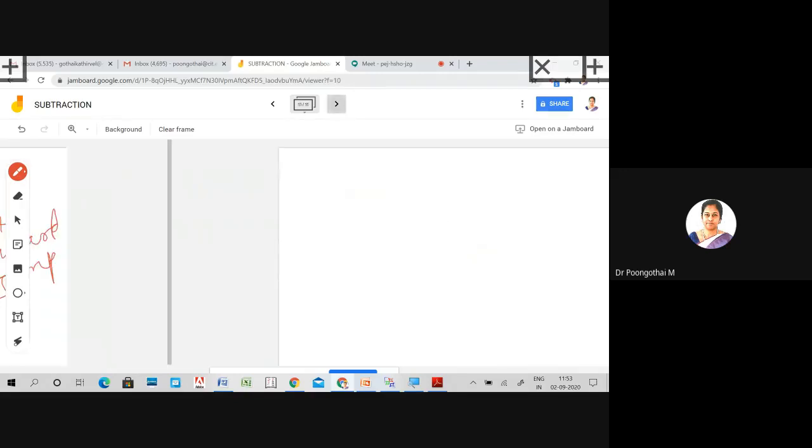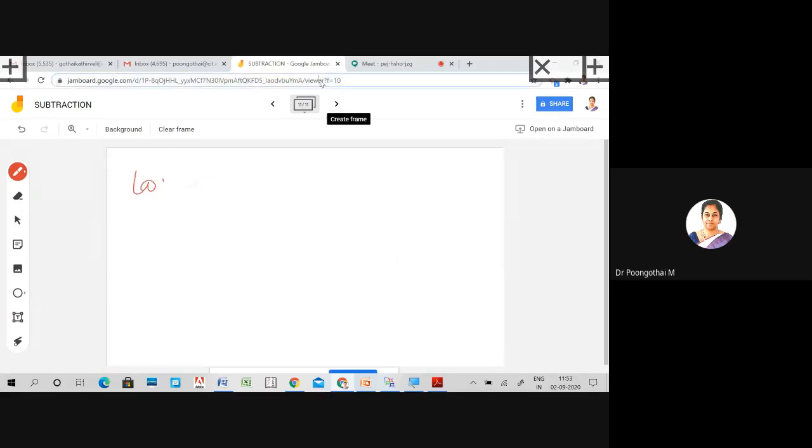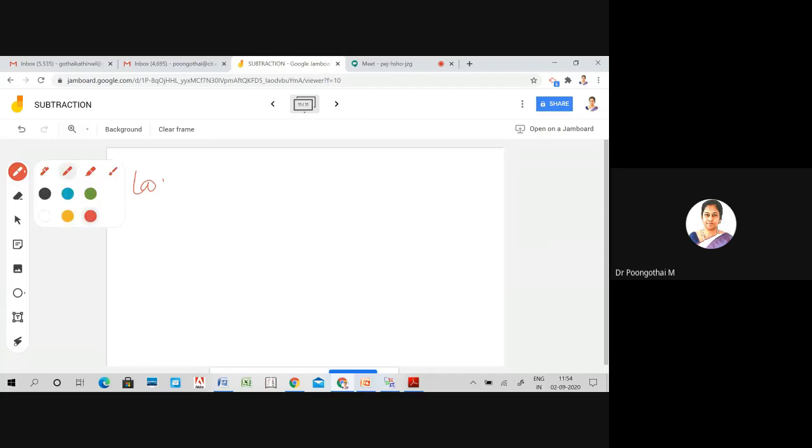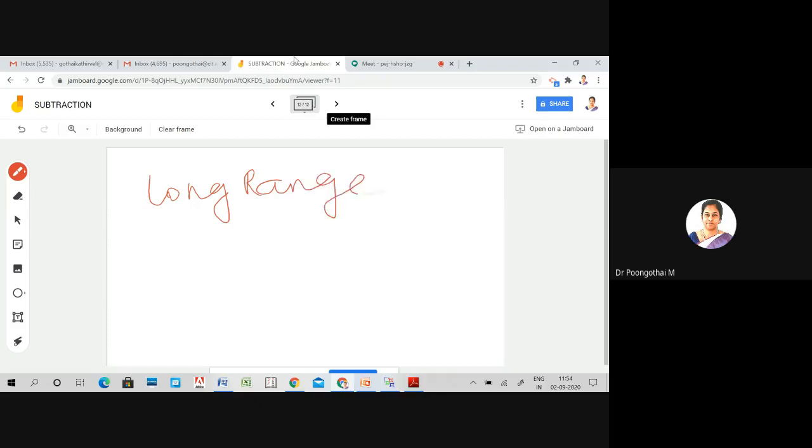Third type, long range. Range from 0000 to FFFF.